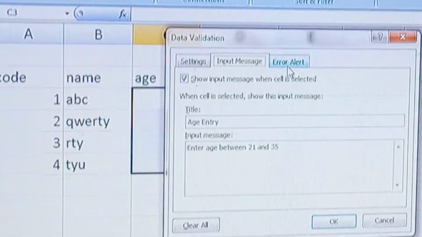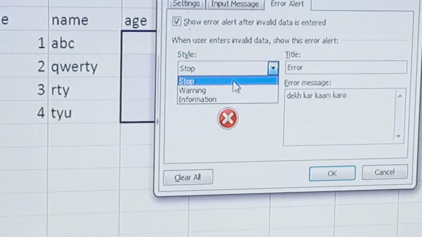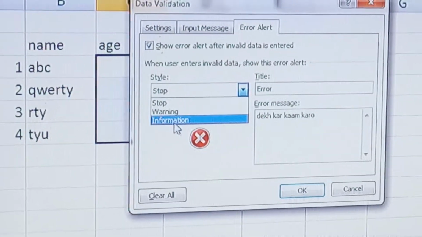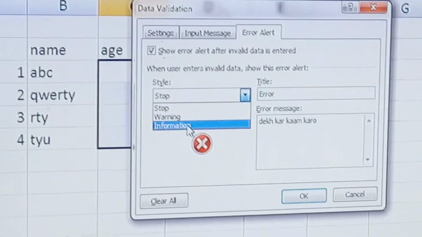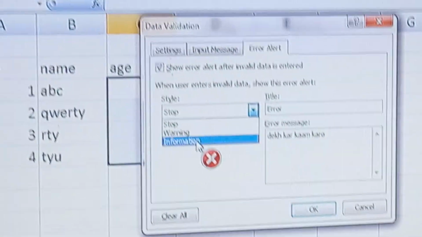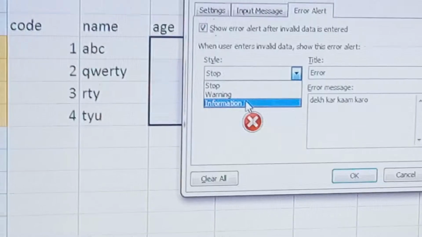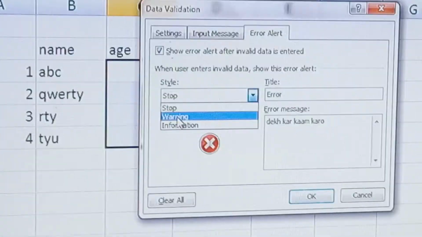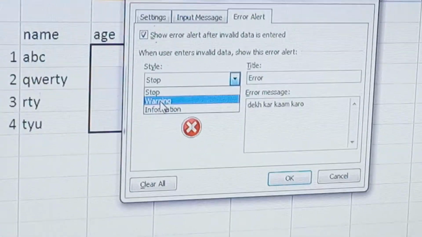Next is error alert. There are three styles: stop, warning and information. Information only informs that the entered value is incorrect. It will show a message if the entered value is incorrect. Warning means it will show an error message, but it asks for acceptance or rejection.